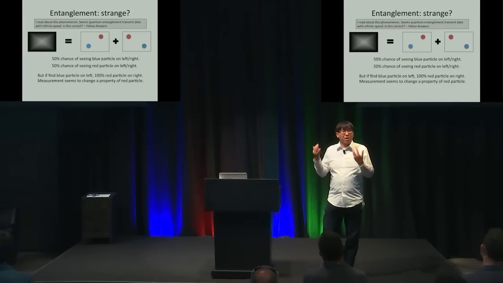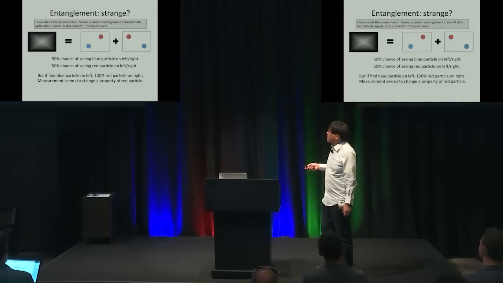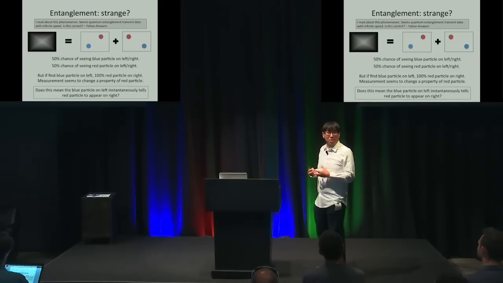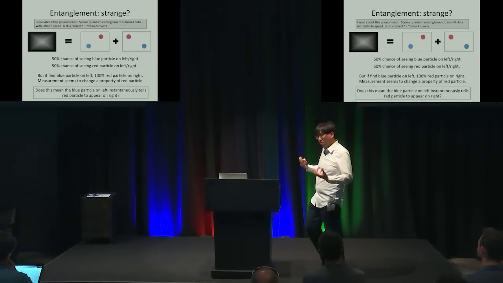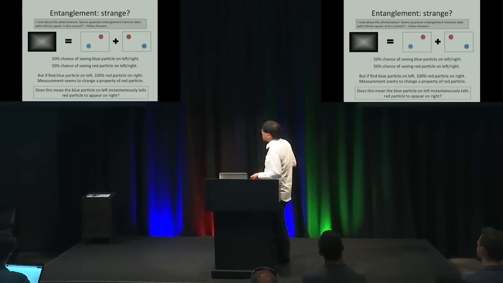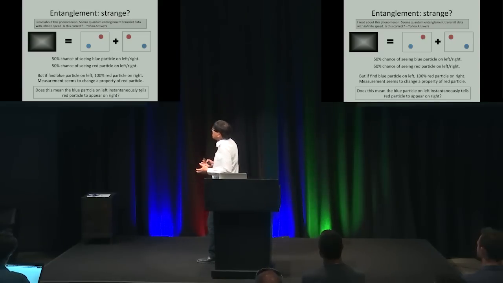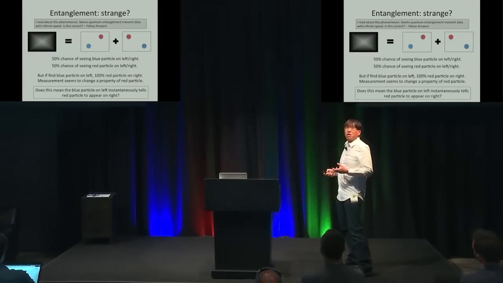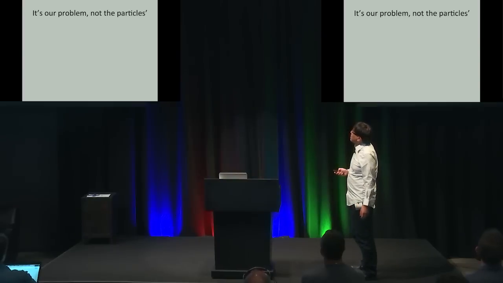And if you think from that kind of mindset, then it seems like the blue particle has told the red particle to suddenly appear on the right. And this is what makes people think that you can transmit information through entanglement. But it's, of course, just the wrong mental picture, because what your mind is really constructing is sort of the